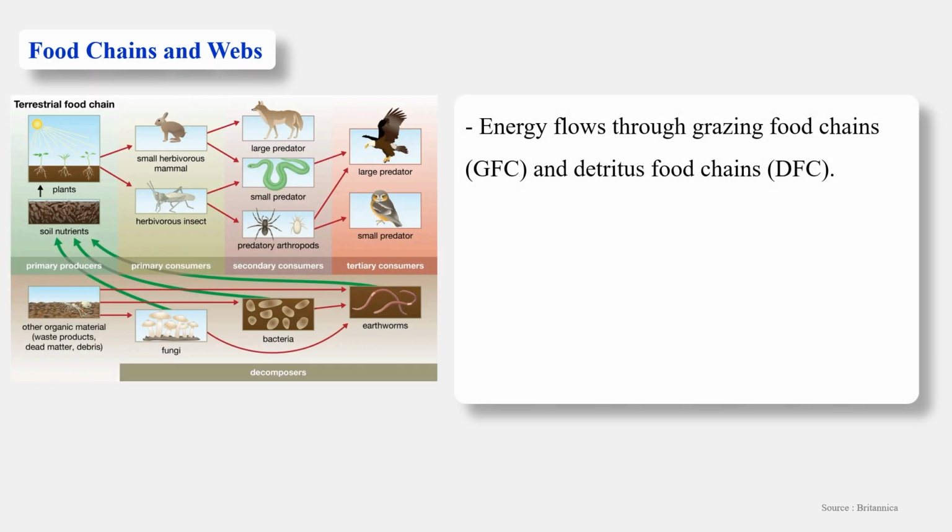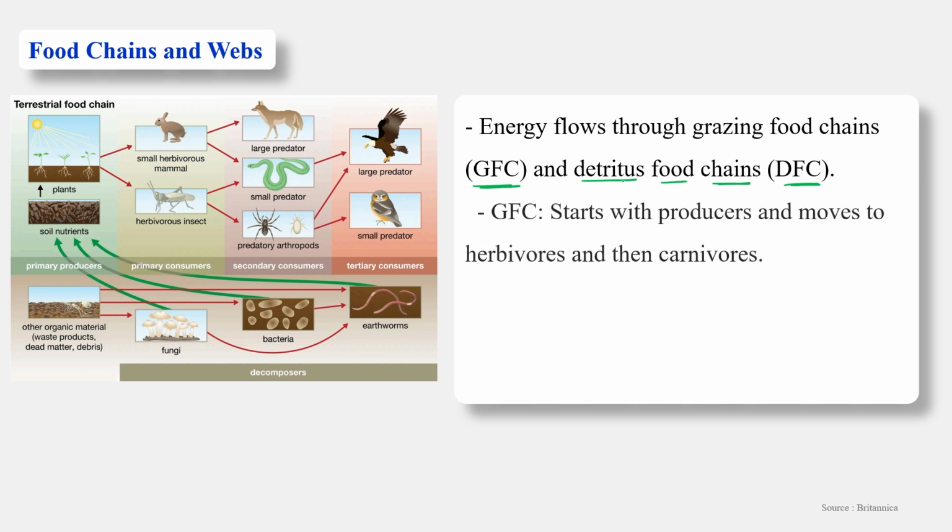Okay. Now, food chain and web. Energy flows through the grazing food chain and the detritus food chain. Energy can flow through two different types of food chain. The first one is the grazing food chain and then the detritus food chain. The grazing food chain starts with the producer, as you can see over here. This energy is utilized by the plant, which comes from the sunlight. So this grazing food chain starts with the producer, and this plant is consumed by herbivores, and these herbivores are